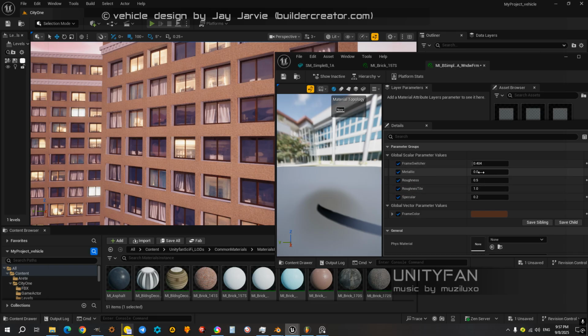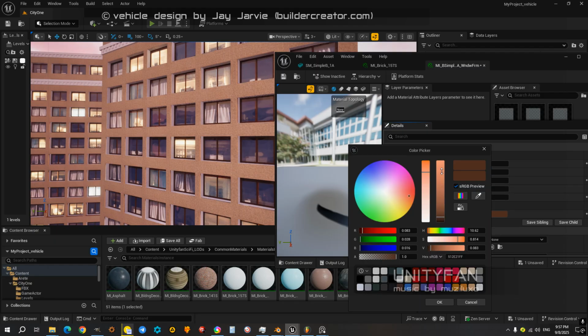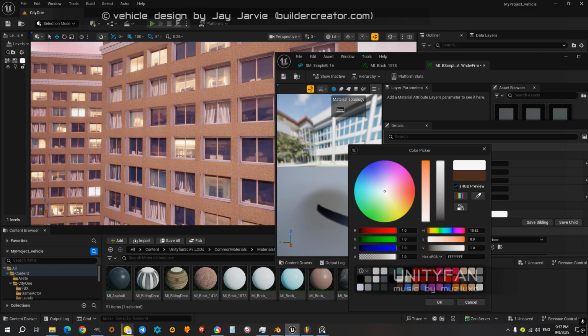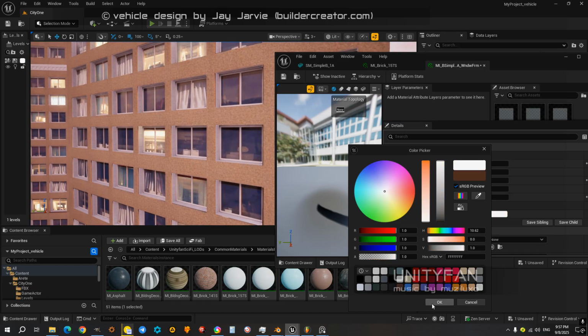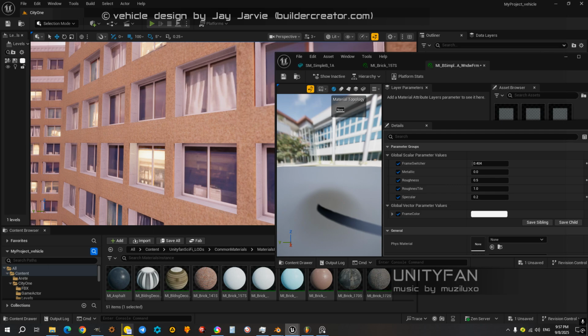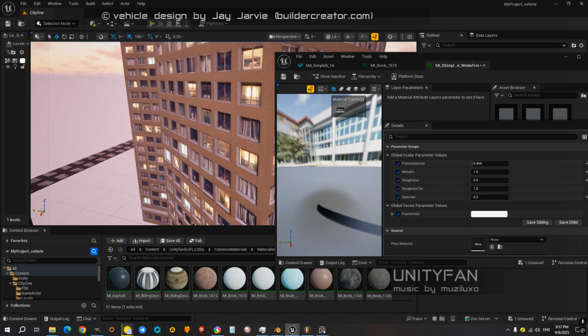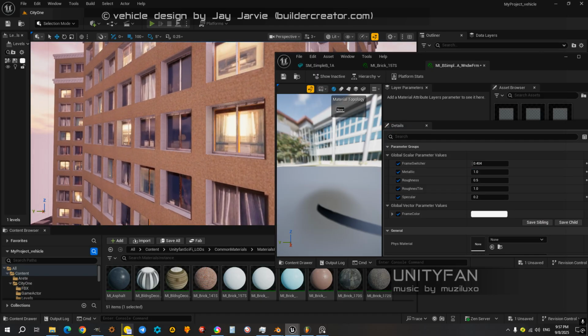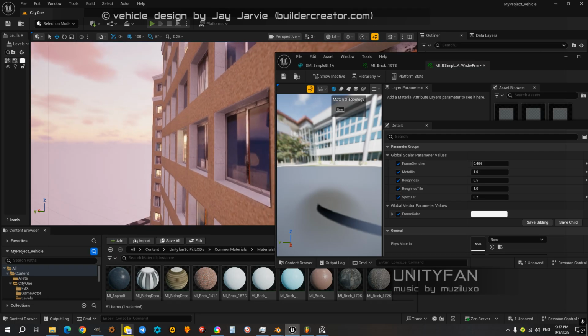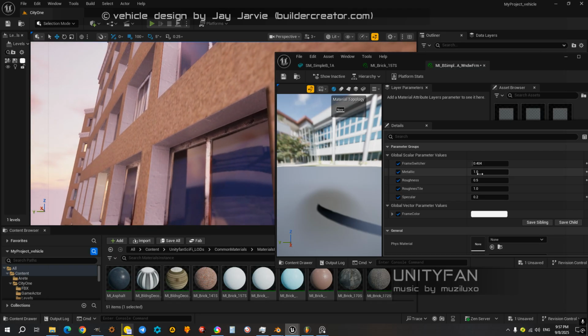Metallic, we don't really need it. I mean, if you want the color of the frames to be not just a regular matte color, for some reason if you want metallic you can put just one in there, and it's supposed to be like a metallic color. It has some roughness in it.